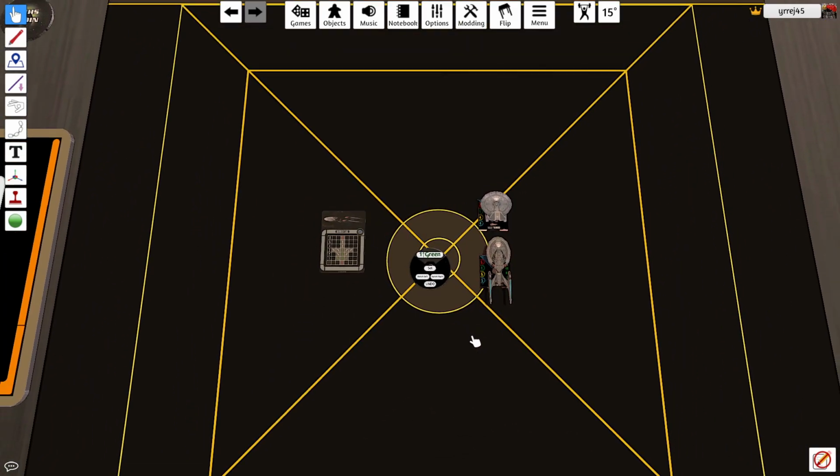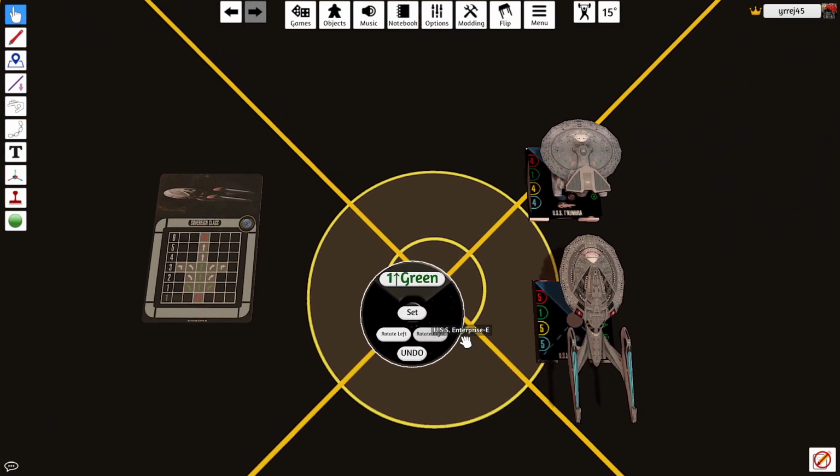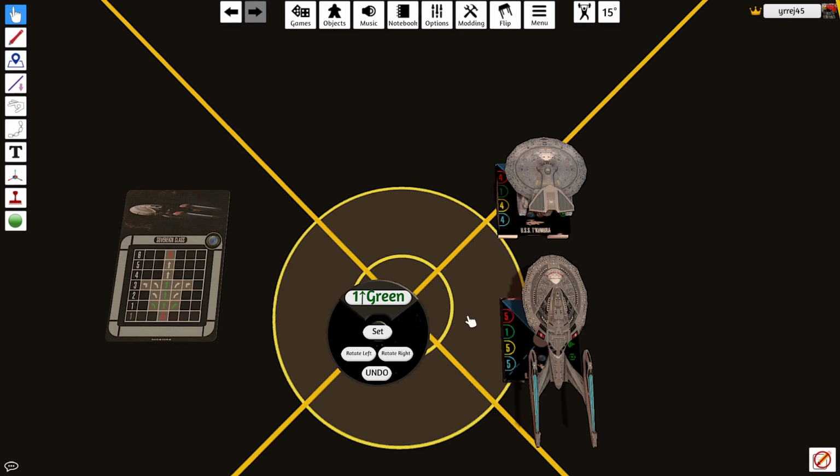Okay. So, with that being said, now let's say, okay, that's great, but I need to choose a maneuver that's not on my dial. Say, you've got a thing that'll let you do a 4 bank, for example. So what you'll do is you'll choose your movement as normal, you'll set the dial, and then instead of clicking engage, which will move the ship, you'll click reveal. What reveal does is it will flip the dial over,